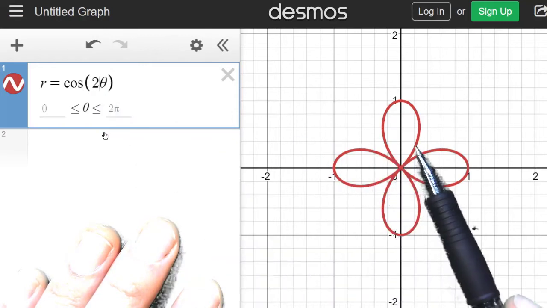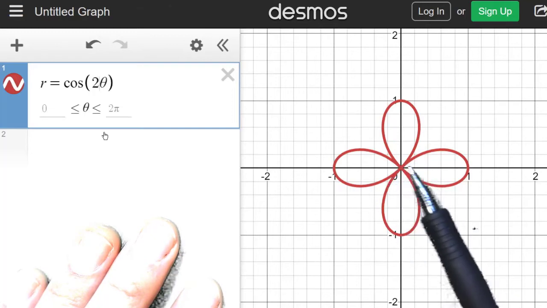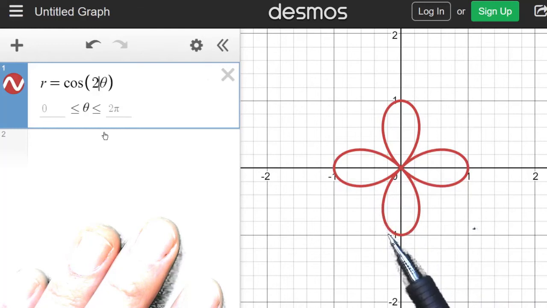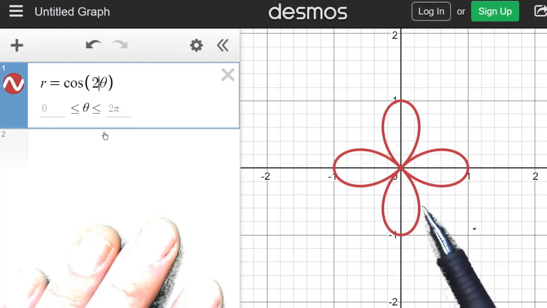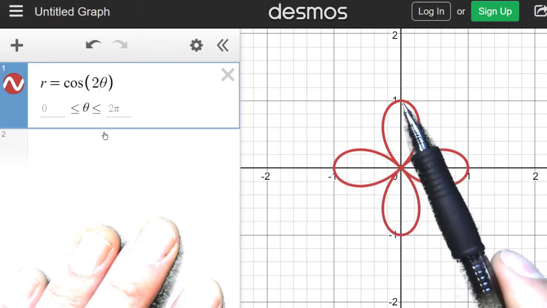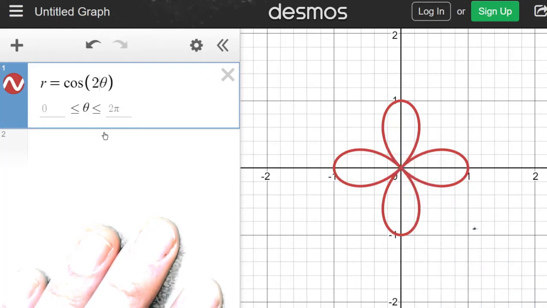So as we go up here, we're actually negative r, and so what we end up doing is we end up lapping around here and then coming down this loop over here. And then we come this way, and then we come up here, and then we go over here, and then we loop around, and then we spiral around up here, and then we come back to the origin. So that's how we trace out this